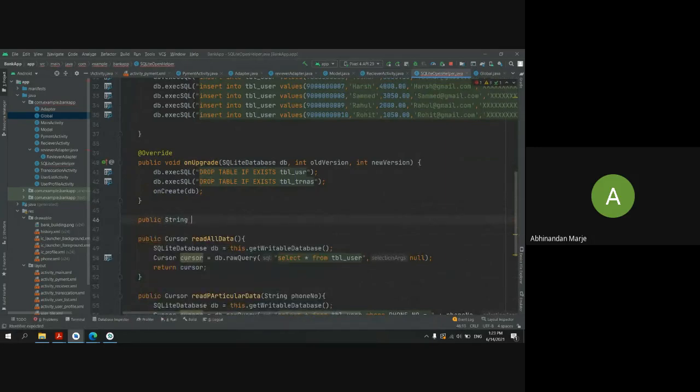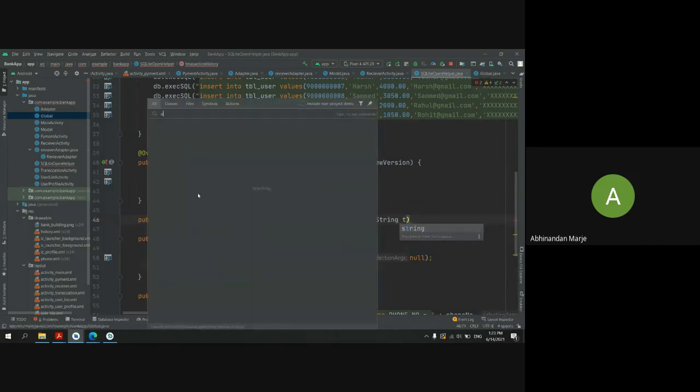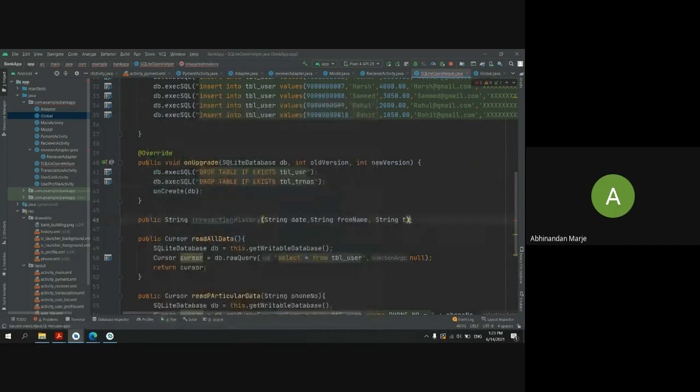It will be our transaction history table, and in this I want a few things by default. I want date, from name, to name.